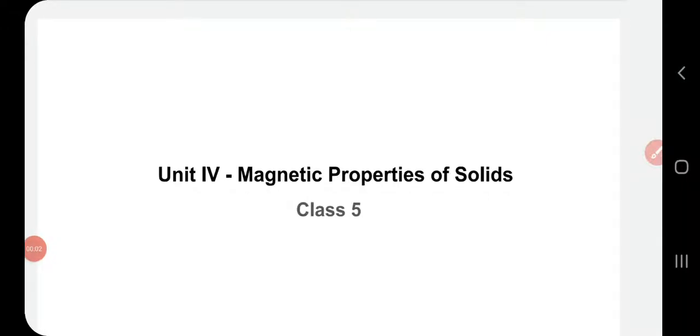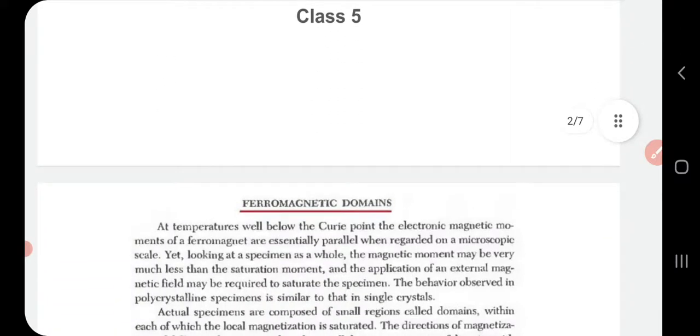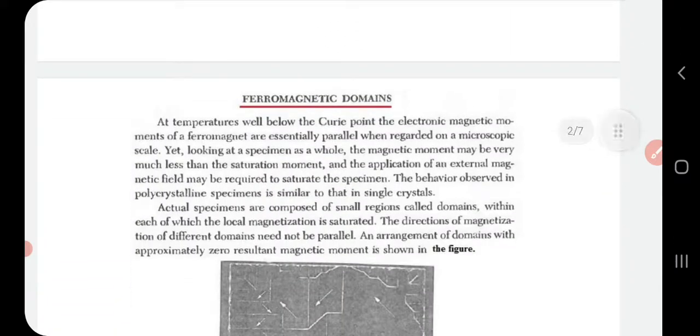Good morning. This is our fifth class on Unit 4, Magnetic Properties of Solids. In today's session, we are going to learn about ferromagnetic domains and anisotropy energy. This is just theory, so first we will read all those things and I will explain each sentence,